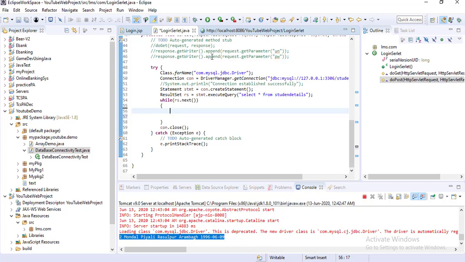Now I will check request.getParameter("un"), so this is your username.